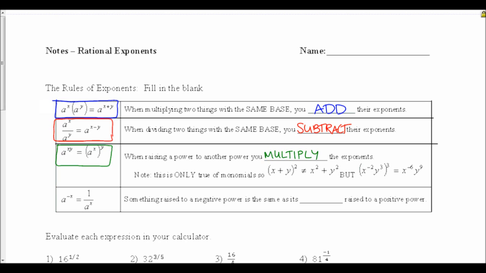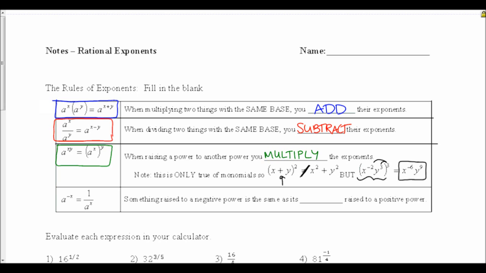It's important to remember that this only works for monomials, so for nothing with addition and subtraction. If we have addition inside, we cannot just distribute a squared sign to both of those x and y, but if what we had inside was a monomial, there was no addition, it was x to the negative 2, y to the third, all to the third power, then we could distribute the 3 in the exponent, take a power to a power, and we would have x to the negative 6th, y to the 9th. That's not all the way simplified because it still has a negative in the exponent, which brings us to